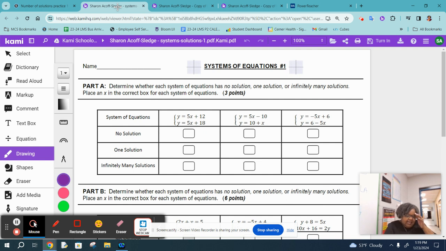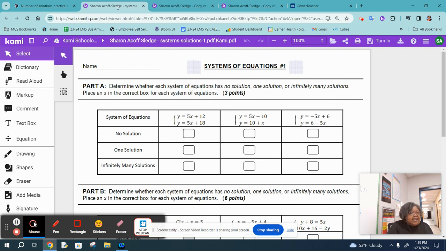Now let's look at the second one. Now remember, the slope is the number in front of x. So Donovan, what is the slope of this first equation here? 5. Okay, what's the slope of the second equation? Somebody's 10 is the what? Y-intercept. So the slope is always the number in front of x when it's solved for y. So my slope is, somebody over here said it, 1. So I have a slope of 5 and a slope of 1. So that means it is a